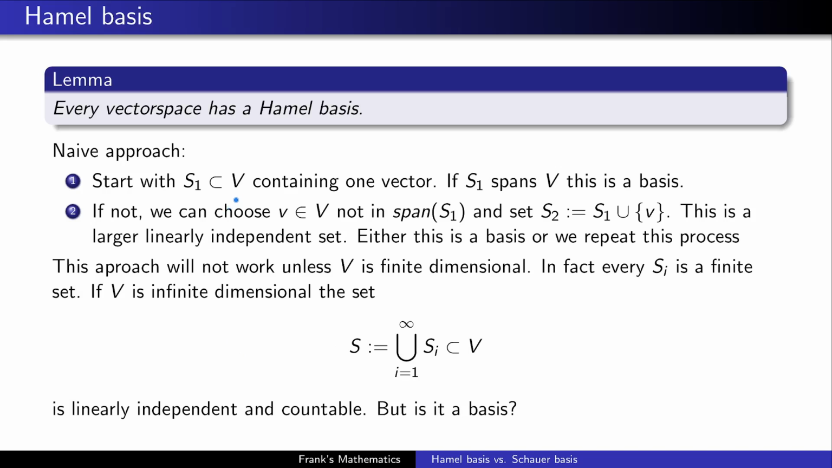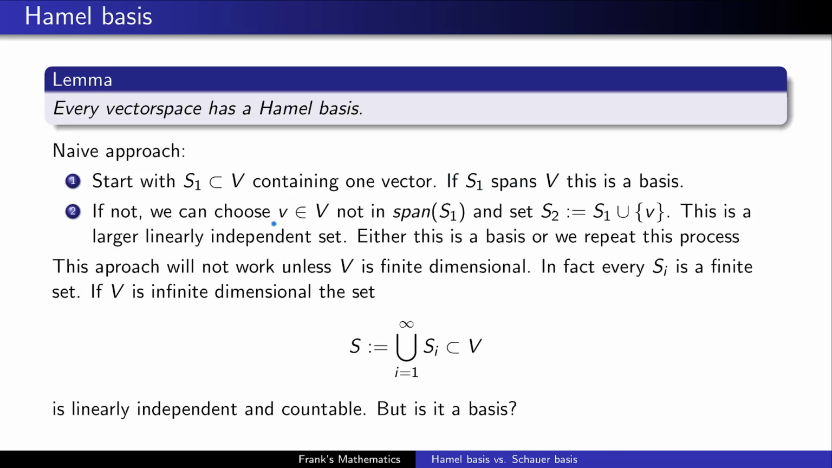So if V is not trivial, we can find a set S1 which contains only one vector. If S1 already spans our vector space, well, this is a basis and we are done, there's nothing to prove. In fact, for a finite dimensional vector space, every basis is of course a Hamel basis, and the other way around, they are the same in this case. However, if S1 is not a basis of our vector space,